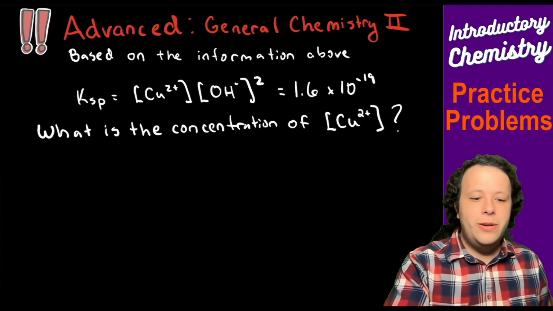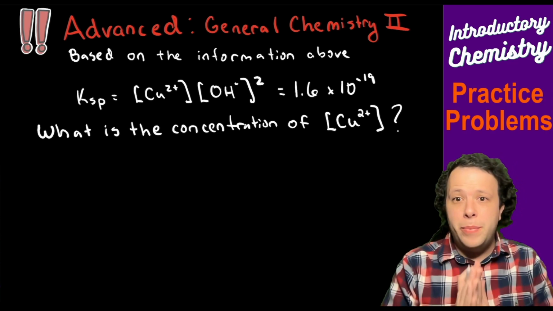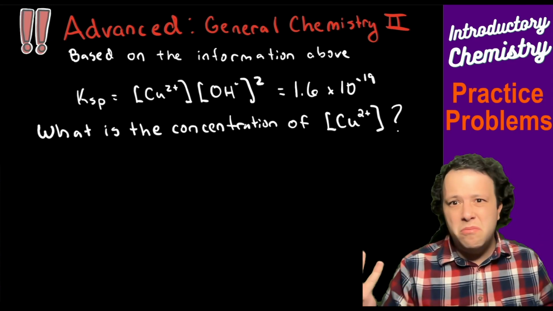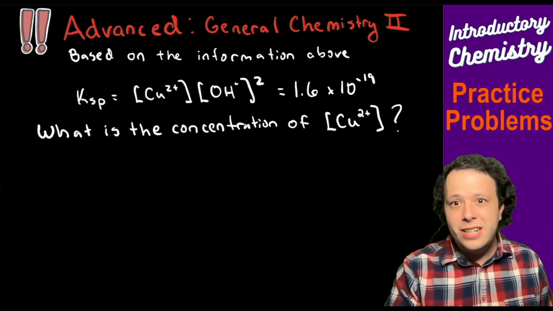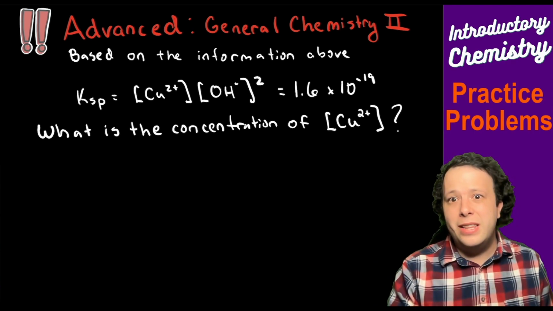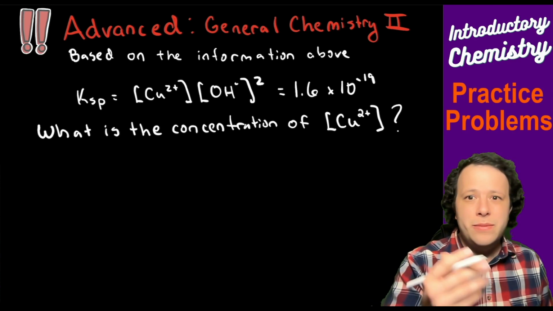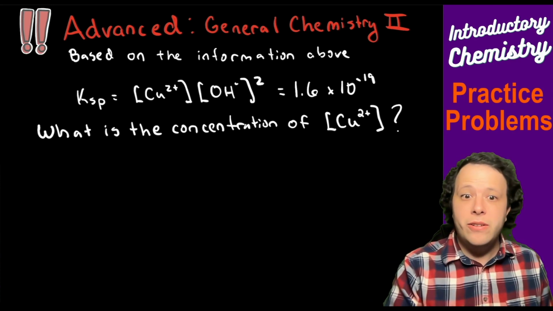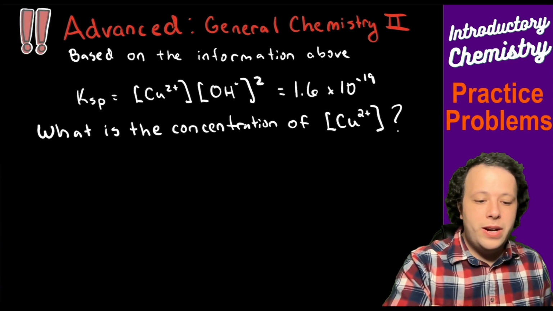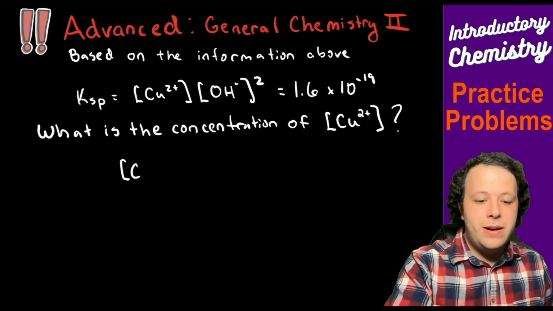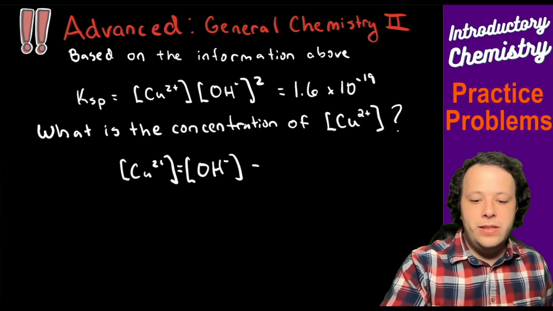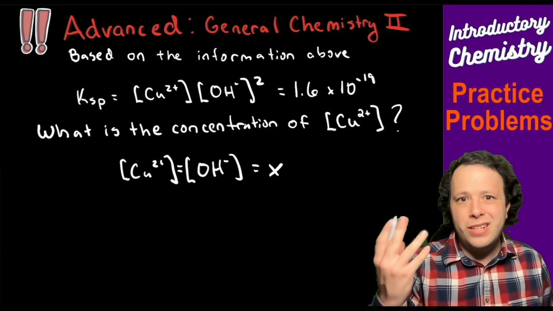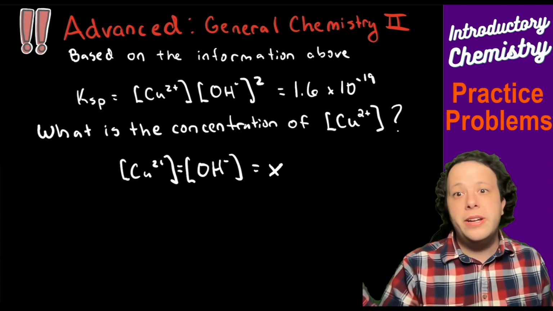Well, one thing that we can do is that these are all particles that are pretty hard to tell apart, right? All particles are really tiny and they're indistinguishable based on the theories that we've looked at in the past. This is a basic general chemistry assumption we like to make often. So if I have copper, which is an ion, and I also have hydroxide, which is an ion, what we are going to do is assume they all equal just a common variable that we have in math. We'll just call it X.